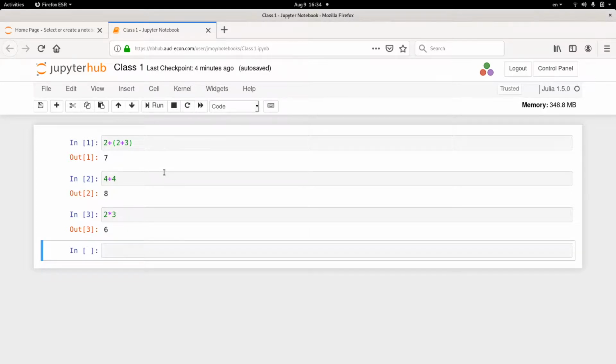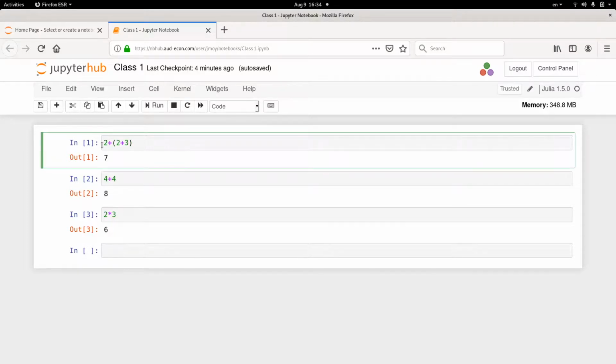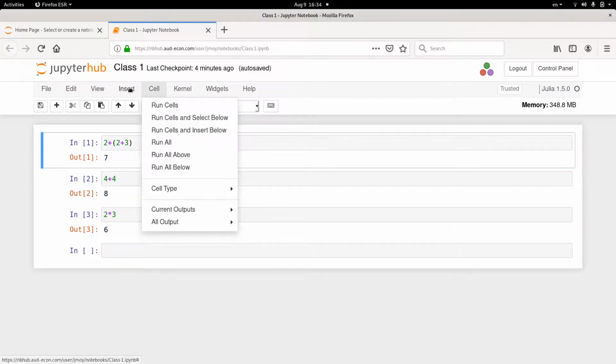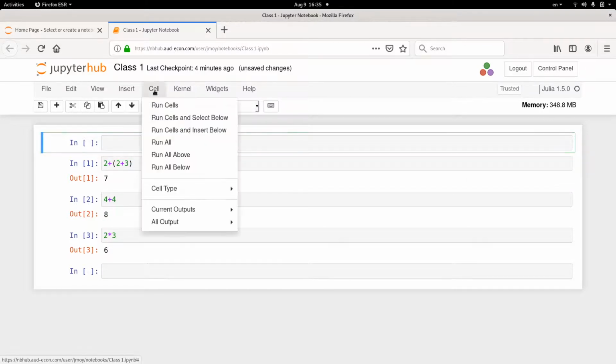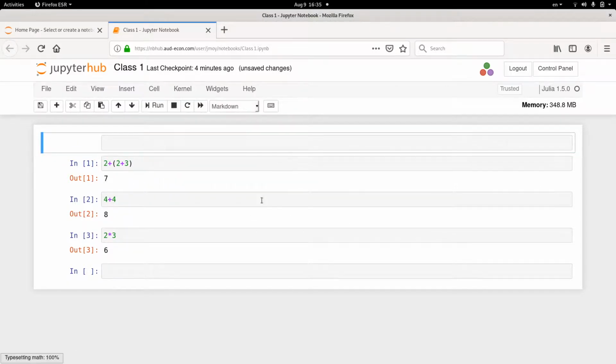But apart from code cells, we have something known as markdown cells. So the idea behind this notebook is that you keep your code and its documentation together. So let's insert a cell above this. So we say insert cell above. Now by default, as I said, the type of a cell is a code cell, but we'll change the type. So we'll go to cell and we say cell type and we say markdown. So what is markdown? Markdown is a language for specifying formatted text.